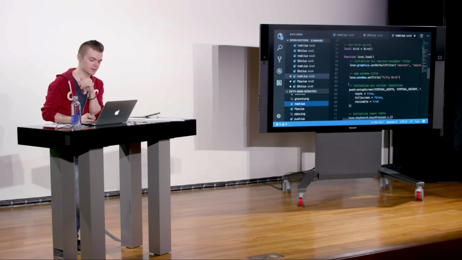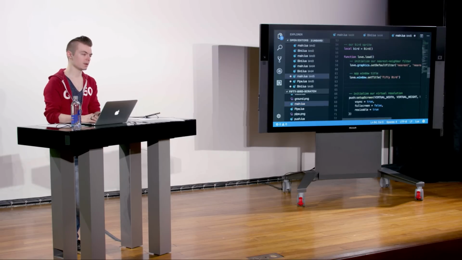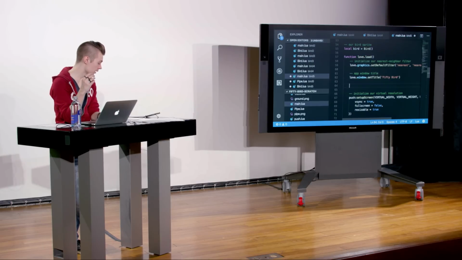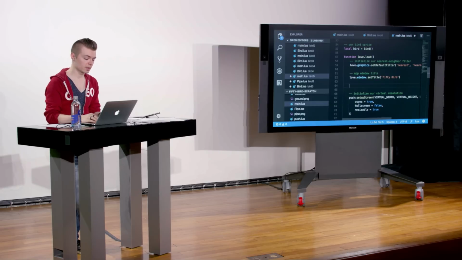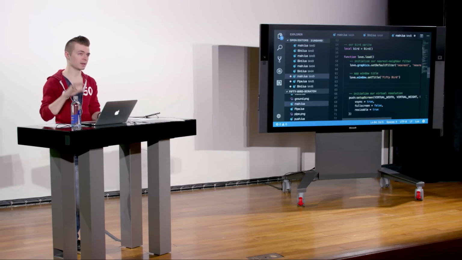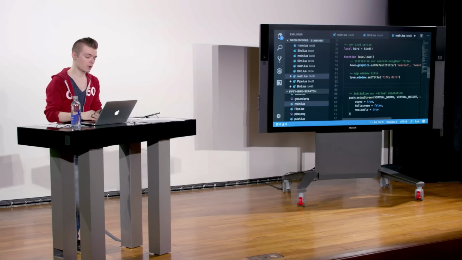I don't think I set it in this example, but yes, you would set the random seed here if you wanted it to run every time. Oh, sorry. The question was, should we set the random seed in the bird file, or should we set it in main.lua? Typically, you want to set it at the top level of your application, so we're going to set it in